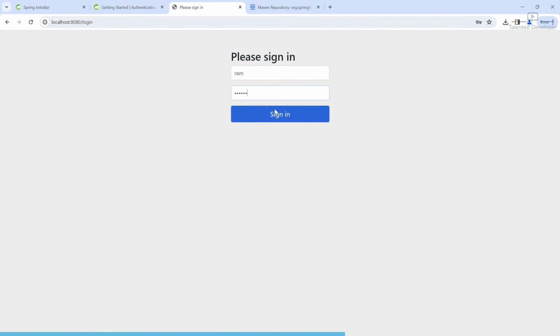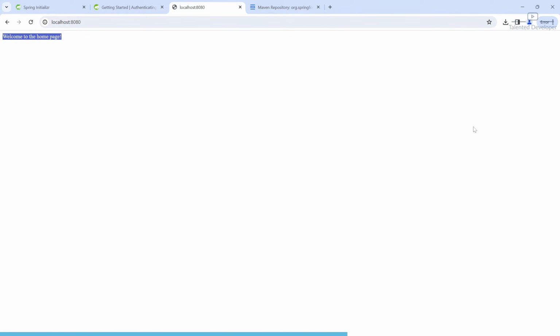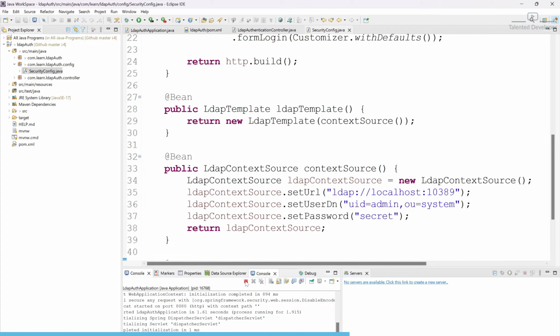123456. Now click on sign in. You can see it is showing here, welcome to the home page. So how can we cross check whether it is actually taking the correct credential or not? What you can do is stop your server,